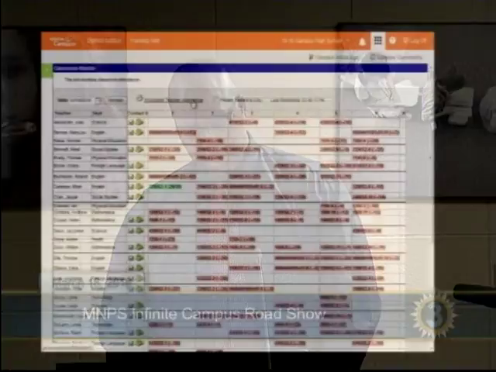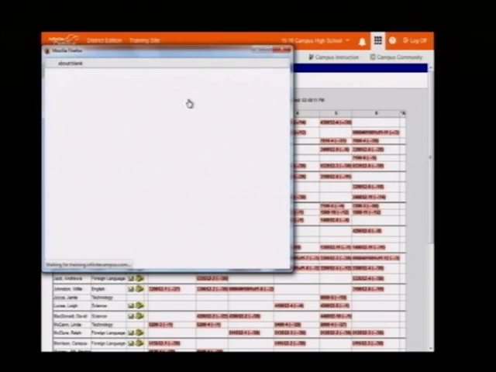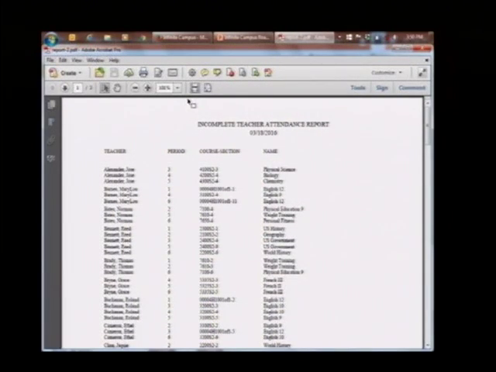There's typically a screen that allows you to do that and be interactive with it. So while we can still print an incomplete teacher attendance report here, we can still execute that, but we can also do everything directly from this screen.